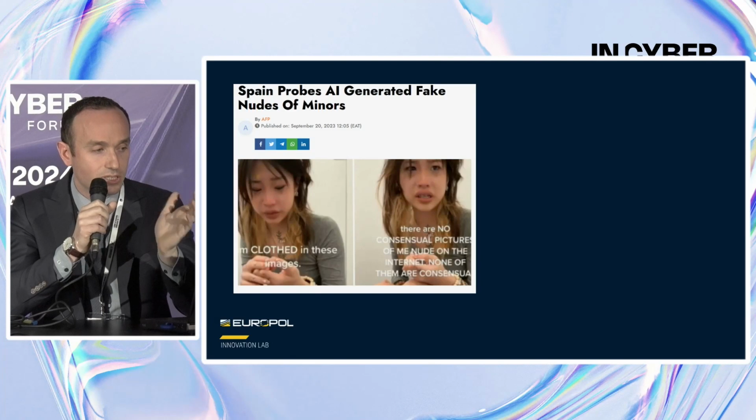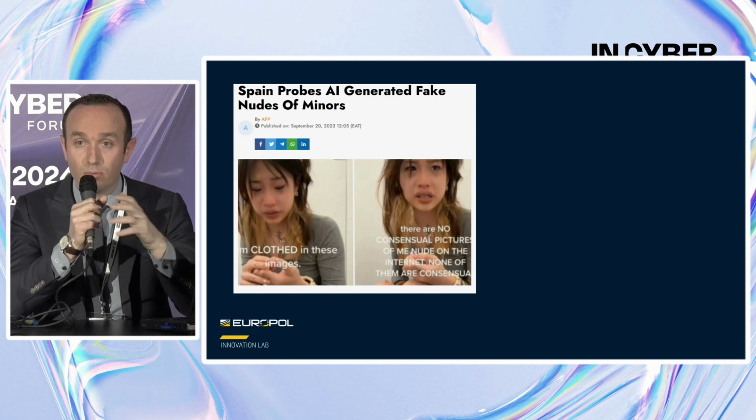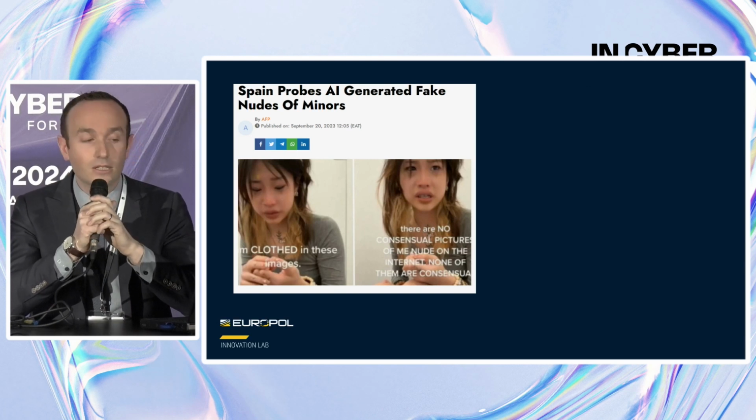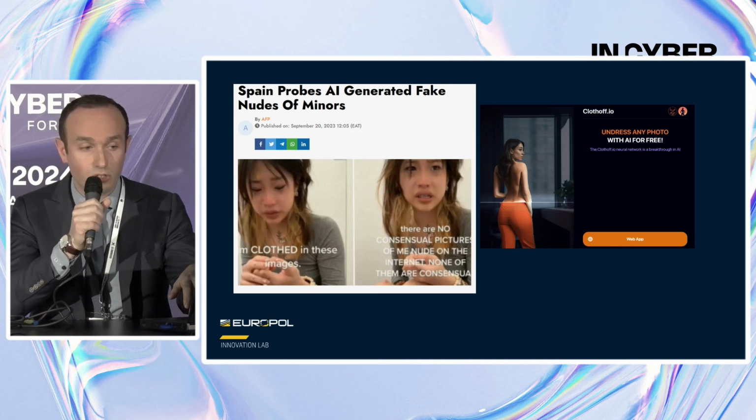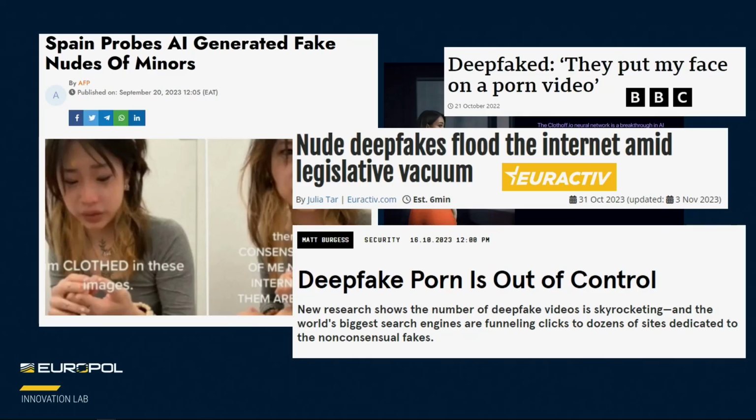So now we want to look into some use cases, how AI can be misused. So the first one is deepfake and child abuse. And again, you just look at the news, and you see that this is a case in Spain where a minor, they used AI to unnude a picture and they published it on the internet. So that's one of the ways that you have, and you see that there are many applications that are available online to do it. Many cases reported of what is called porn revenge, where maybe a young boy had a girlfriend, she dumped